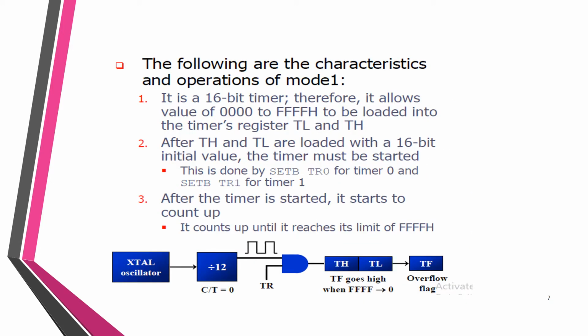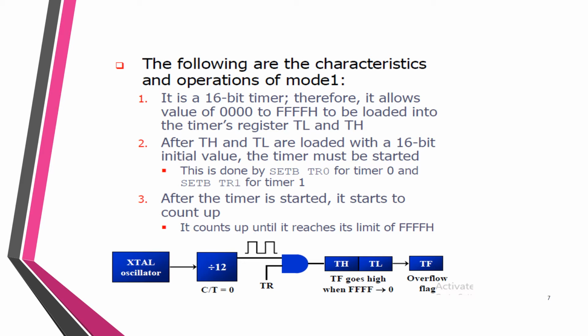So these are some of the characteristics and operations of mode 1. One more thing in the format you can see: the mode bit setting M0 and M1. In the previous slide we have just shown the picture. There 00 is 13-bit timer mode. So when both mode bits M1 and M0 are set to 0, that is 13-bit timer, and here it is an 8-bit timer counter THX with TLX as a 5-bit prescaler.